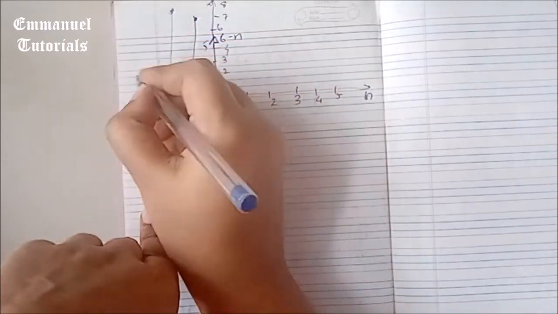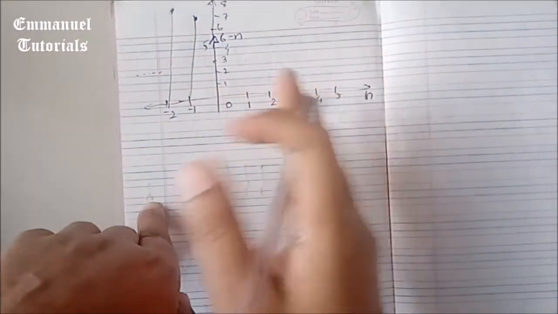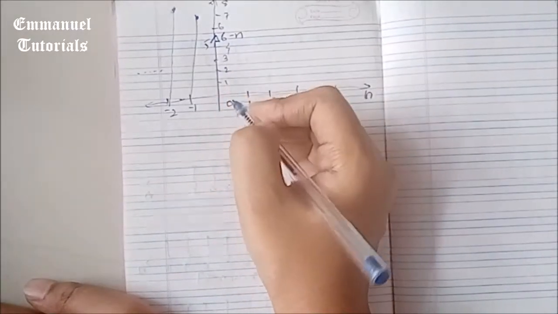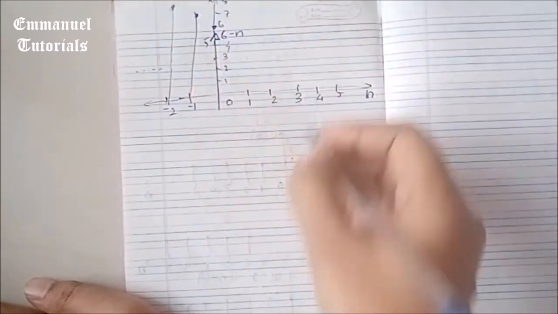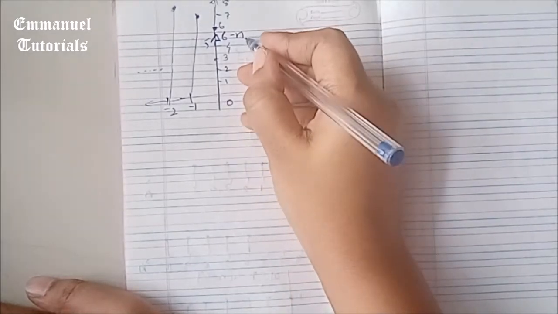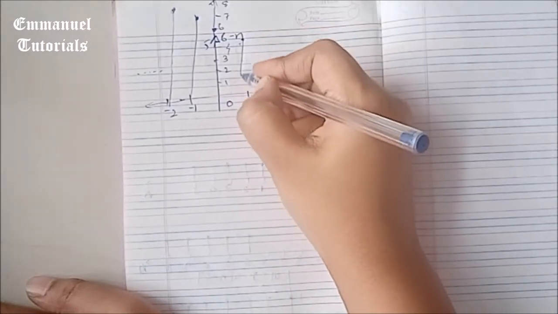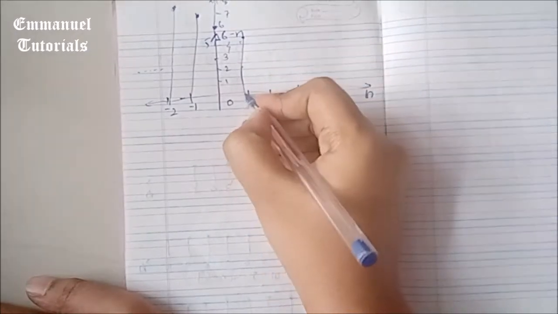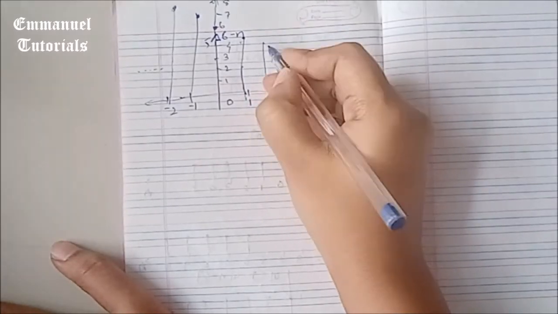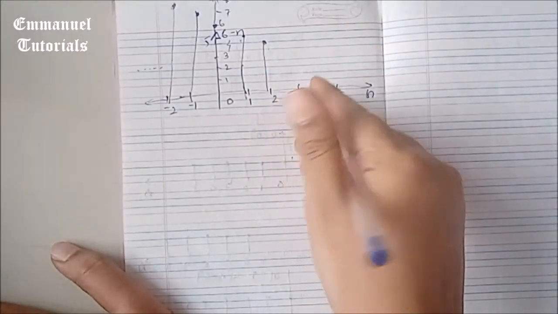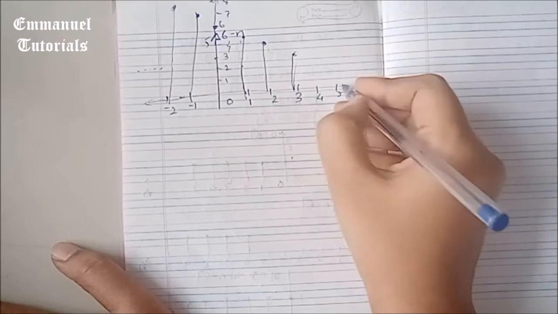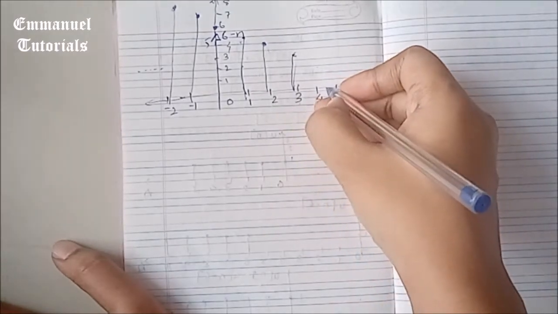This is also going to happen to the left hand side points, but we are not showing that because it's not going to make much of a difference. Also at 0, the signal is going to be 6 minus 0, which is 6. At 1, the signal is going to be 6 minus 1, which is 5. At 2, it is 6 minus 2, which is 4. At 3, it is 6 minus 3, which is 3. At 4, it is 6 minus 4, which is 2.